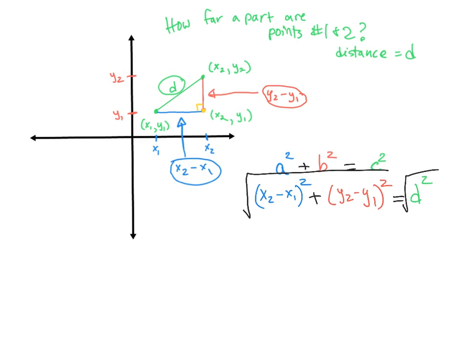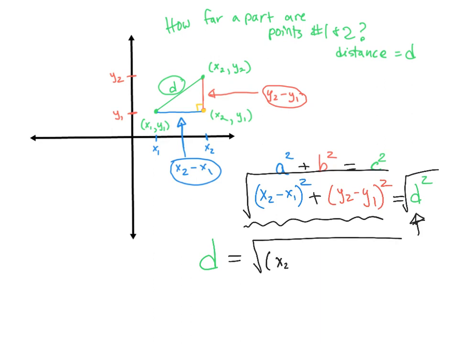So the left side we're not going to end up being able to do much with, but this side over here, square root of d squared is just d. And so d is equal to this big crazy thing, the square root of the x difference, x2 minus x1 squared, plus the y difference